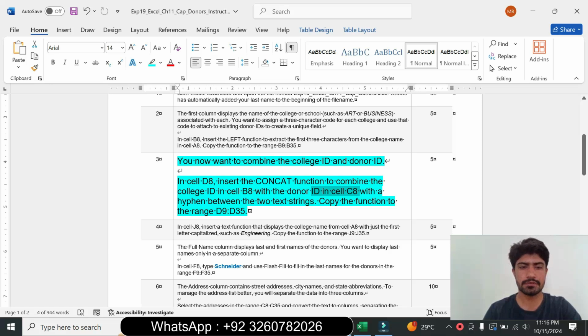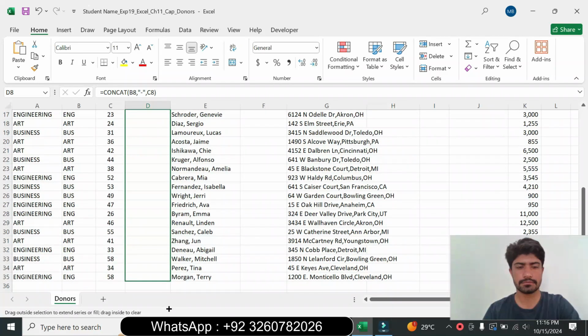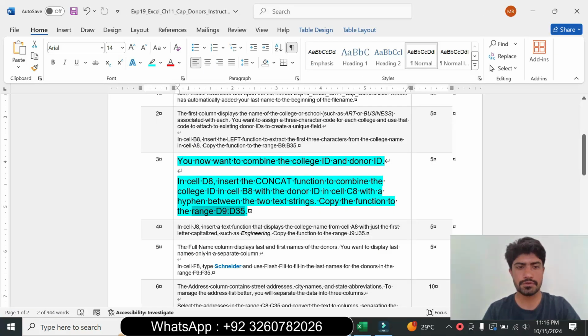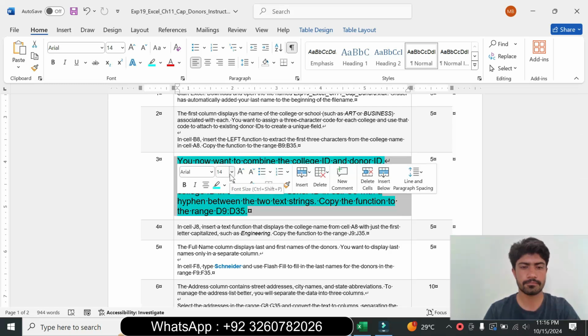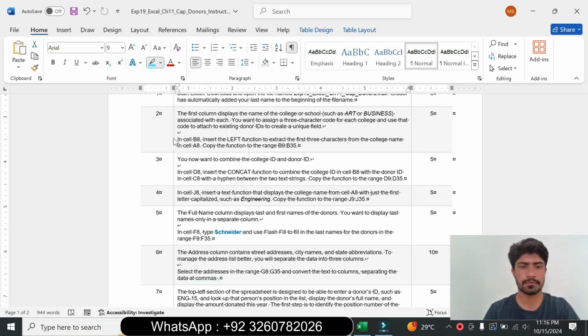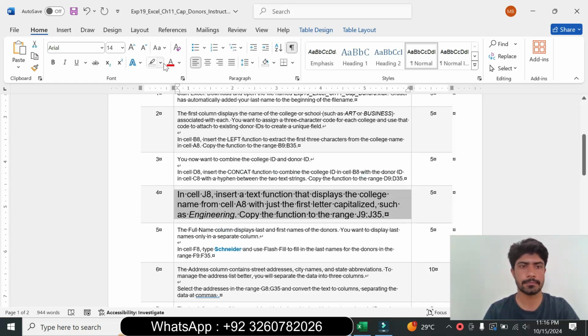Copy the function to the range D9 to D35. So step number 3 is complete. We can move to step number 4. So step number 4 is: